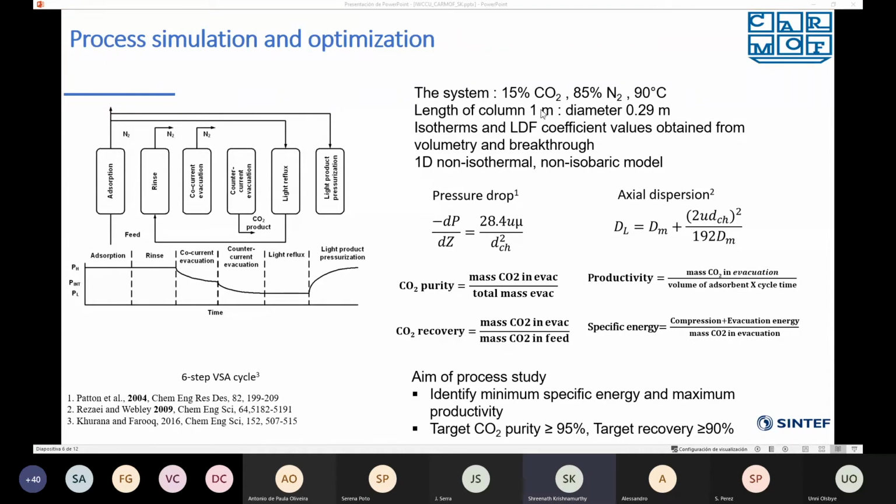So these are the 6 steps that a single column undergoes. I'll briefly explain these 6 steps. The first step is the adsorption step, where you introduce a feed and you collect nitrogen at the product end. The second step is called a rinse step. Basically, you are enhancing the concentration of CO2 inside the column by introducing a stream that contains more CO2 than